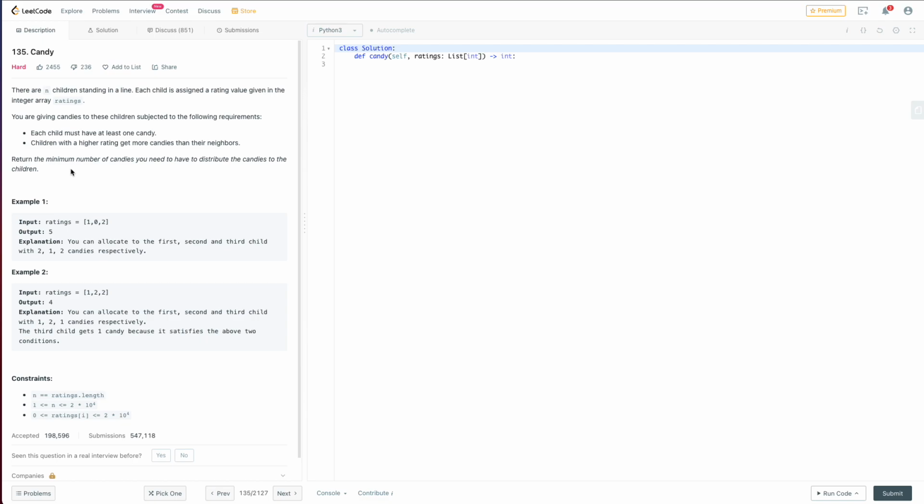Each child must have one candy, and children with a higher rating get more candies than their neighbors. Okay. So